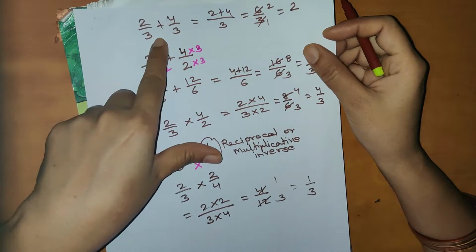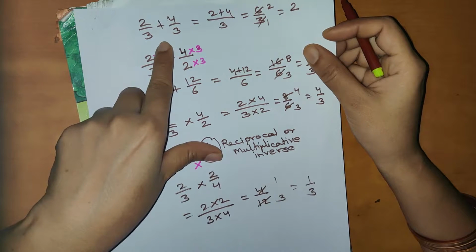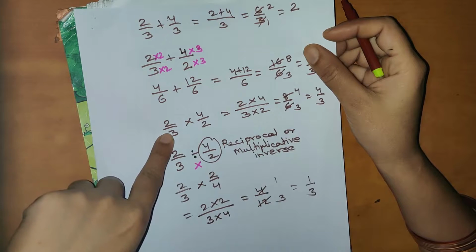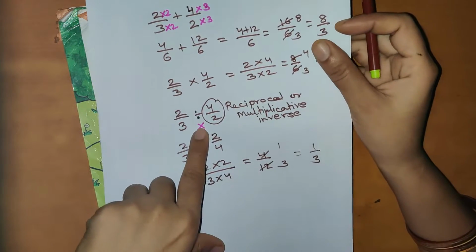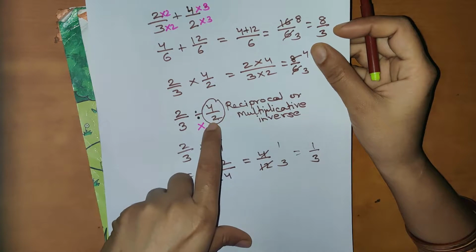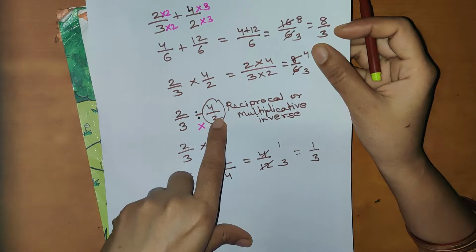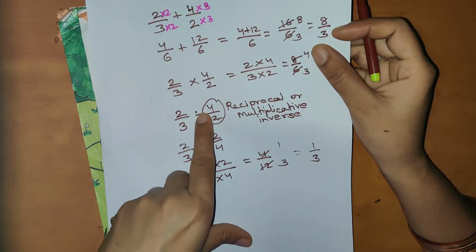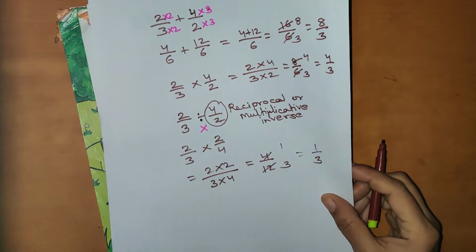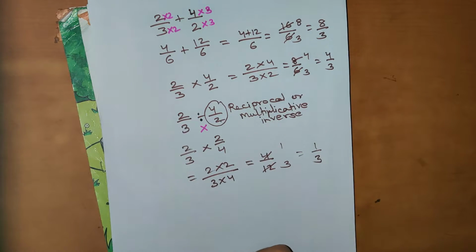Subtraction, it is the same one, only we have to do the subtraction. So addition I have shown, then multiplication, division, this will change into multiplication, and here we have to write the reciprocal. Reciprocal means the numerator will become denominator and denominator will become numerator. So we will proceed with the practice set 22.